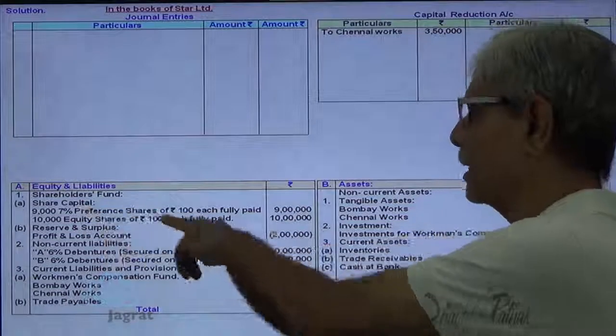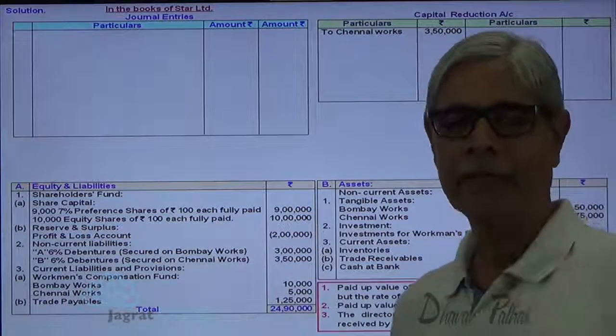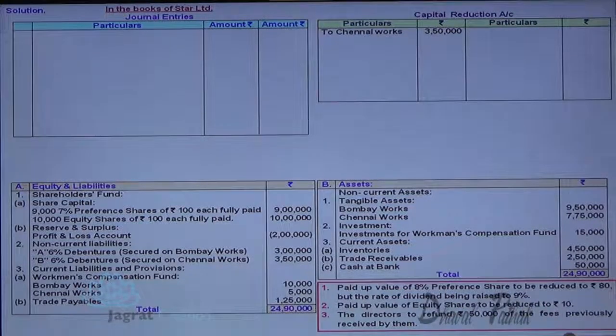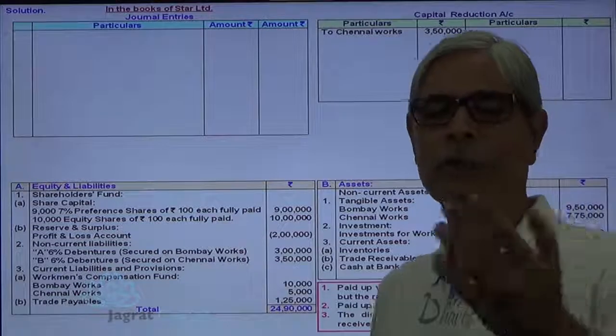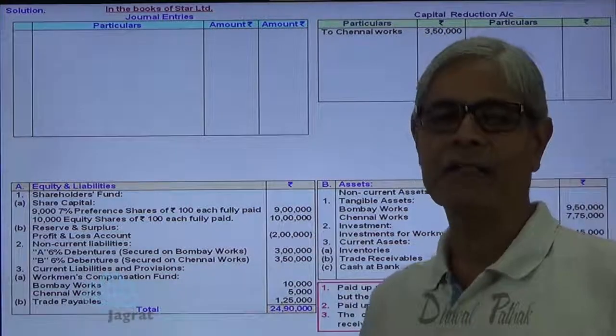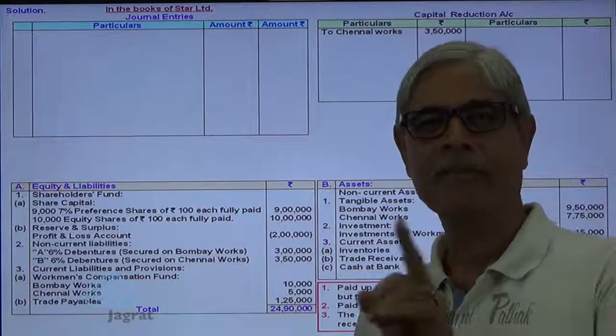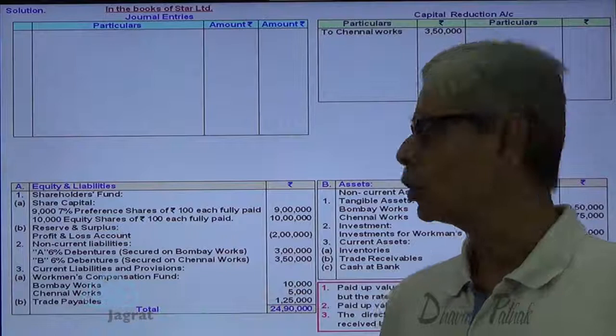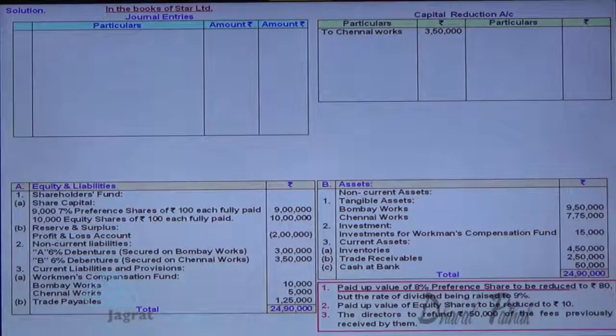So this 7% preference share capital account will be debited. 8% preference share capital account will be credited. But the paid up value of the new preference share is 80, so 20% less. So 9 lakh into 20%, 1,80,000 will be transferred to capital reduction account. Capital reduction account is credited. So the journal entry for that is, see,